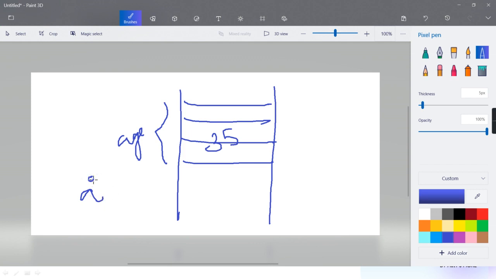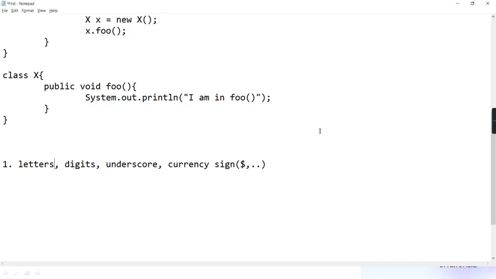So these are some Latin letters, and alpha, beta and all. These are also allowed in the letter set, whereas C, C++ and others allow only A to Z. But Java allows more. So letters, digits, underscore, currency sign, a combination of these is allowed.